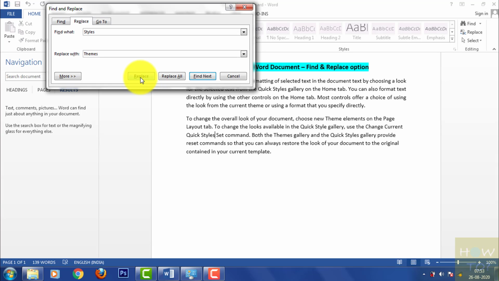Replace will replace the single occurrence of it. Replace All will replace all the occurrences in one go, and Find Next is just to locate the next occurrence of the word which is to be found. So let's select Replace.